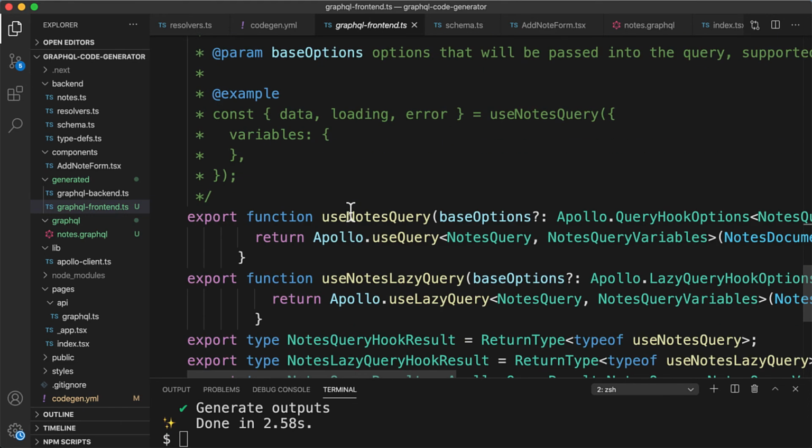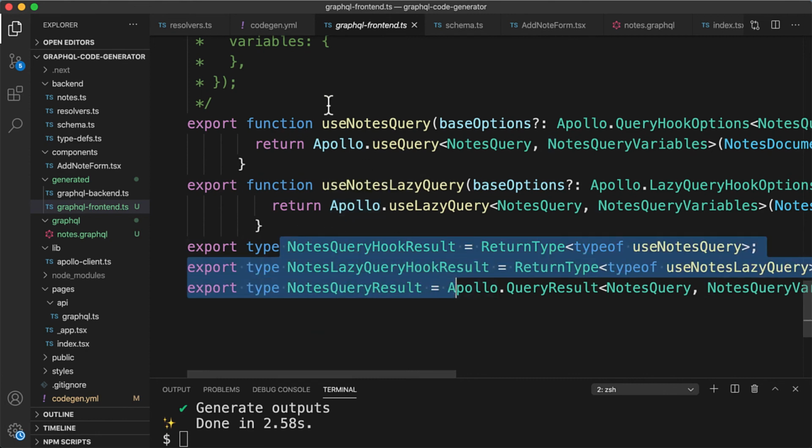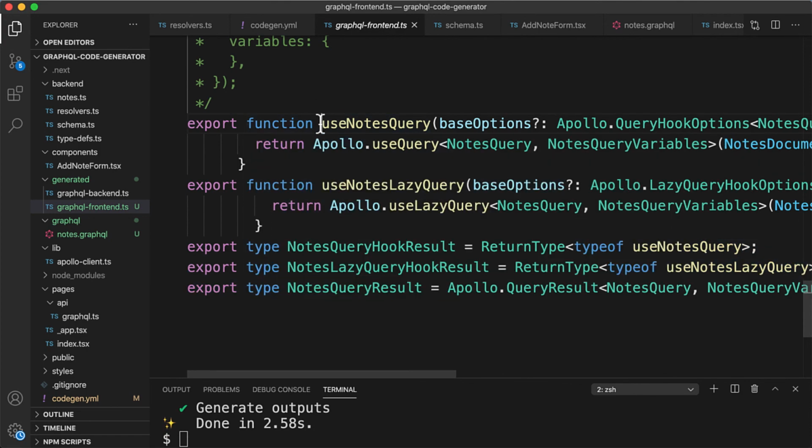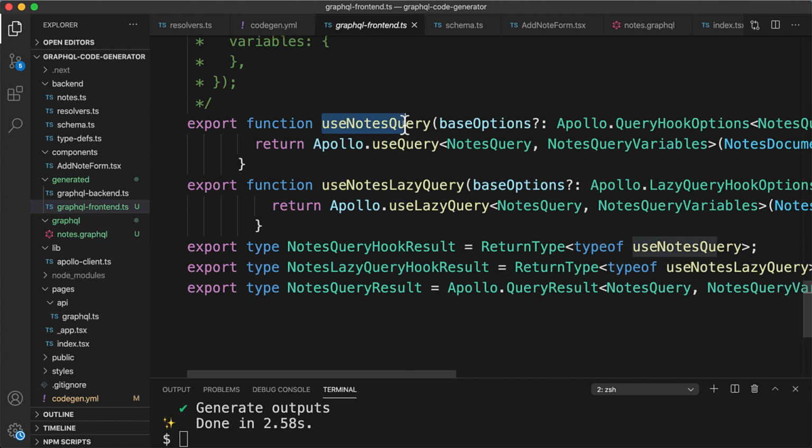And we've got the types generated by TypeScript React Apollo plugin. So here are some types, and here are our custom React hooks. So basically these are just functions that wrap the original Apollo use query React hooks with the necessary types set up for us. So let's use this hook to fetch nodes on the homepage